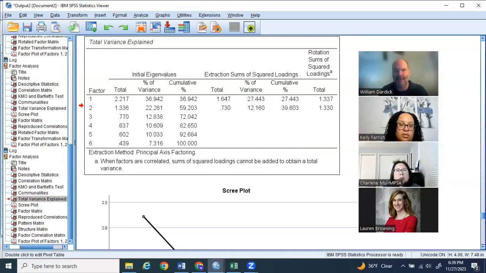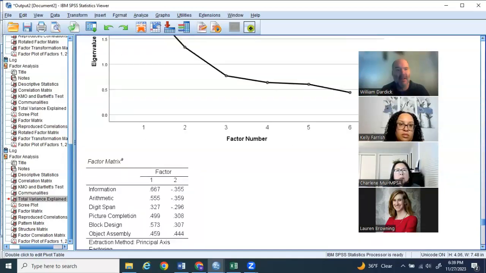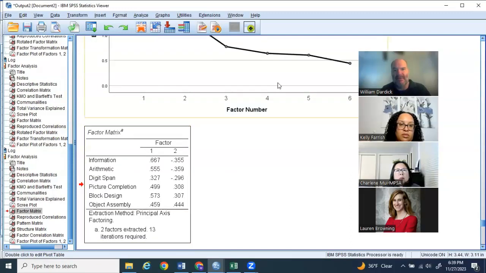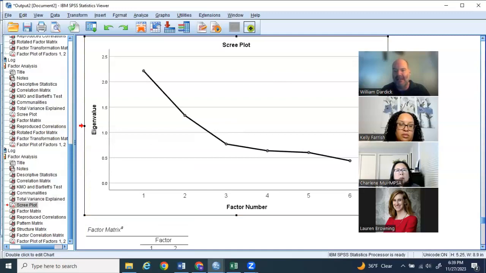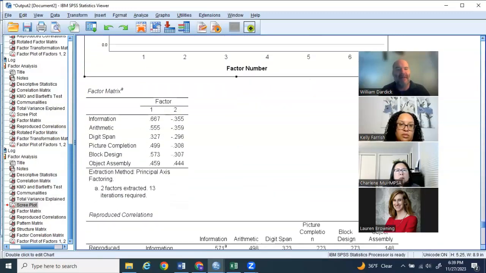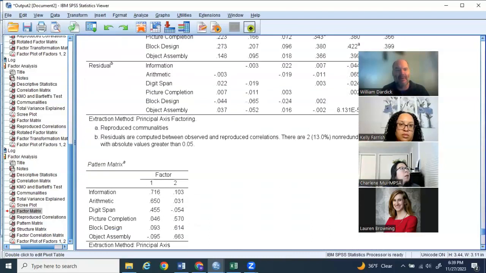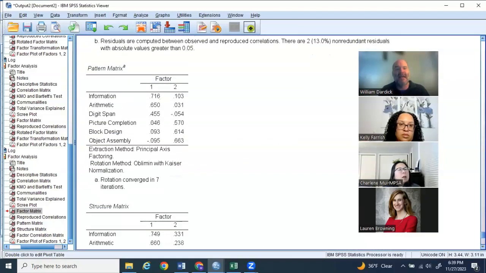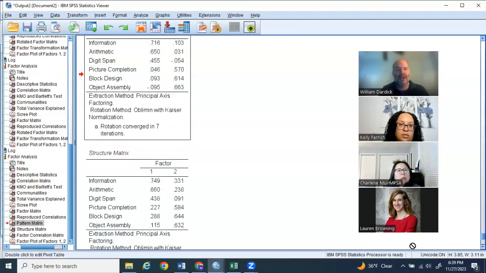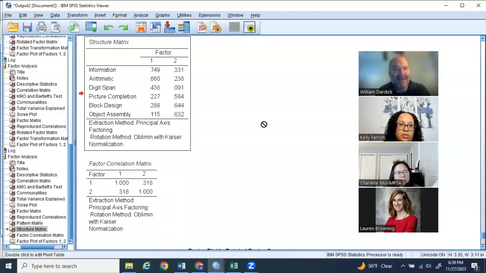So let's kind of go down if I did it correctly here. We still have our, I mean to be clicking on factor. So we also have our scree plot, which looks exactly the same. We have our factor matrix, which actually starts off the same as well. We come down, let me skip over the reproduced matrix. We now have a pattern matrix and a structure matrix. Before, we only had one of those. We just had a rotated factor matrix. Well, the reason here is because we have